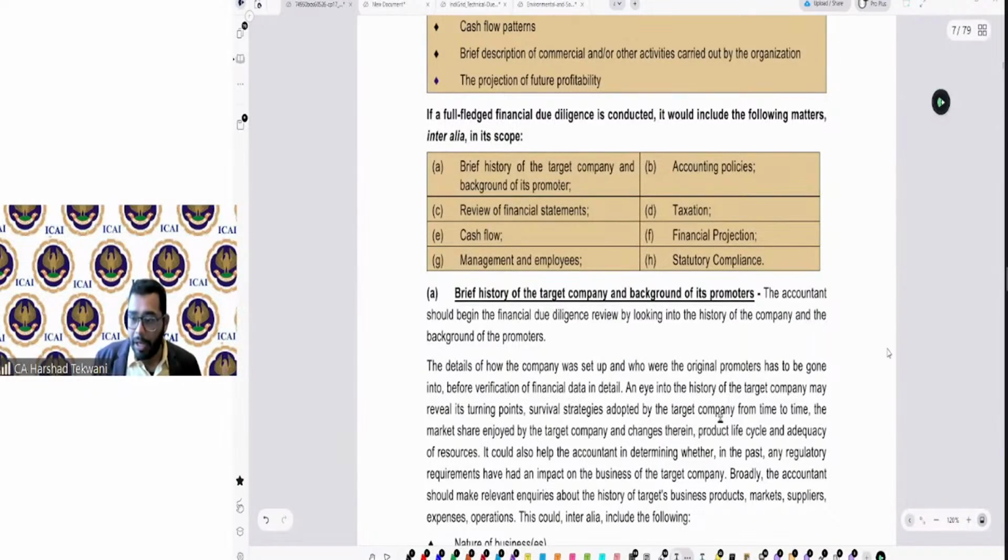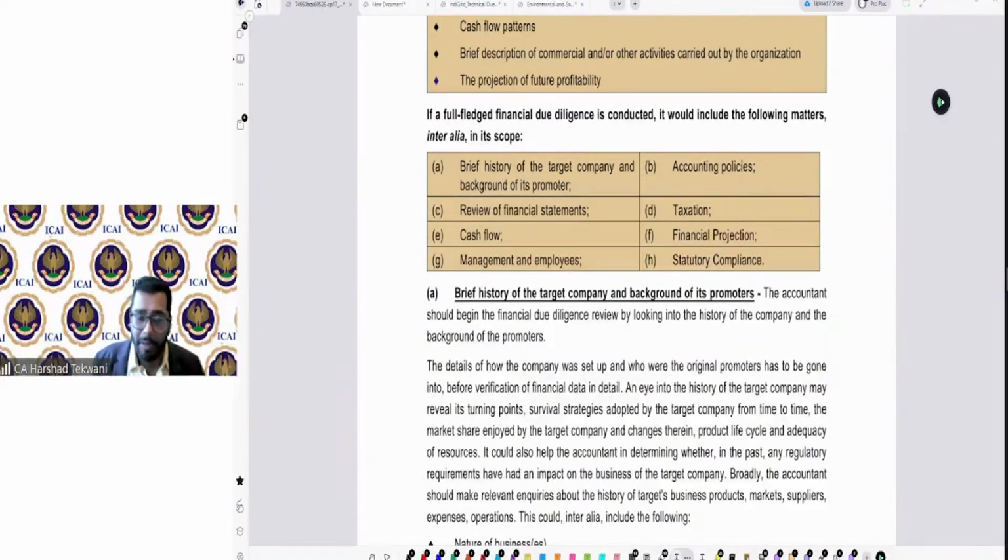Target history of the company, from where the company started, how it has reached till here. For example, a classic example, let's say a company which has been gathered through mergers and acquisitions, which has become a very good company through mergers and acquisitions. If a company is part of mergers and acquisitions, any company in the market, Myntra, Flipkart, Amazon, whatever name you take. So how the company started,